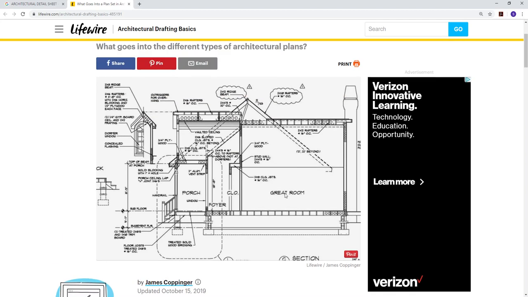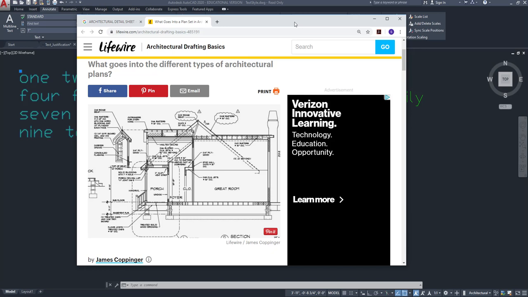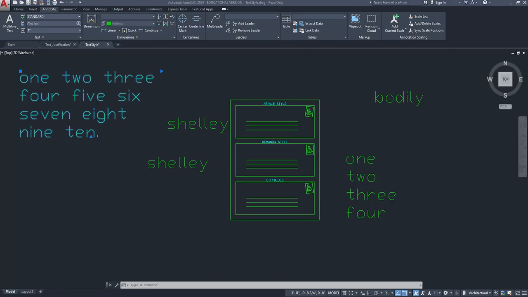Okay, so I'm going to skip over to that one for just a second. But single line text is a really great use for things like room names: great room, porch, foyer, closet. I could take that single line text, justify it, and place one single line of text just in space in my drawing. So room names, simple little strings of text that are descriptive, that's what single line text is going to be